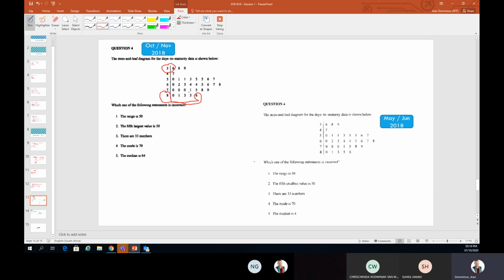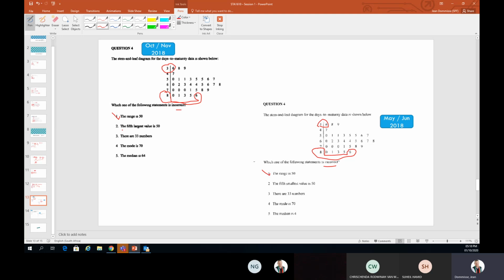I know the range is the maximum minus the minimum, so 86 minus 36 is 50. Okay, so the range is 50, which is perfect. We can even do this in tandem, to say that is exactly the same set of data. Both is asking for the range, so that is also correct because it's 86 minus 36. Okay, so that is fine.